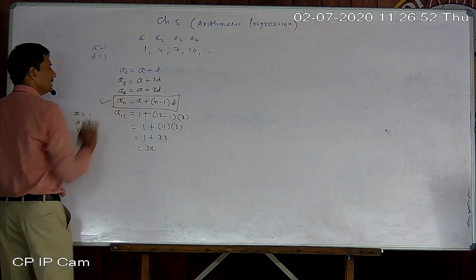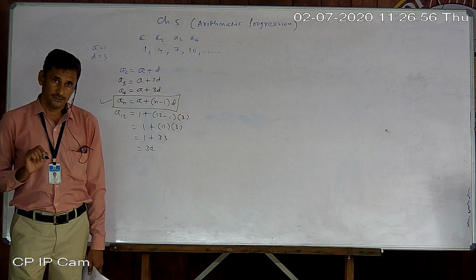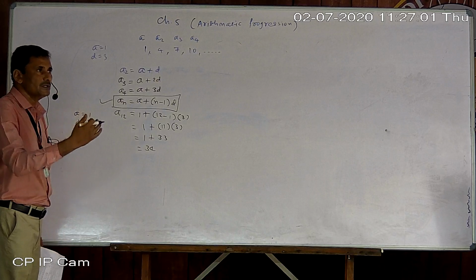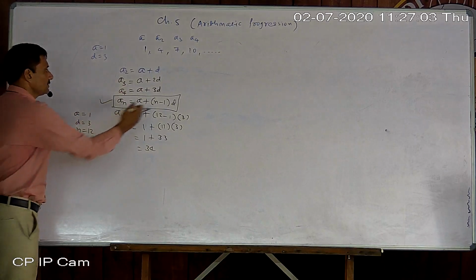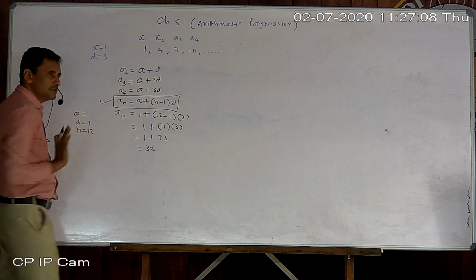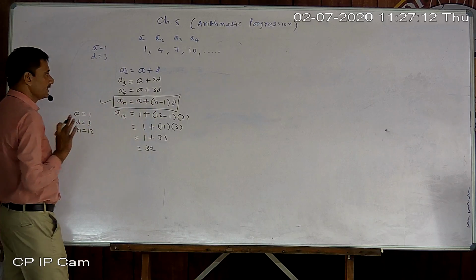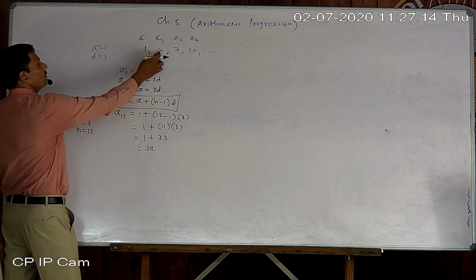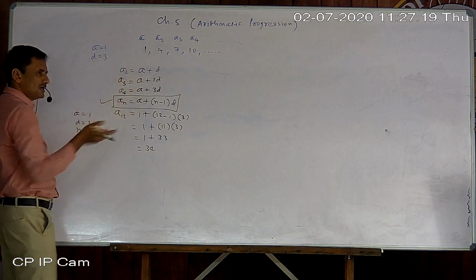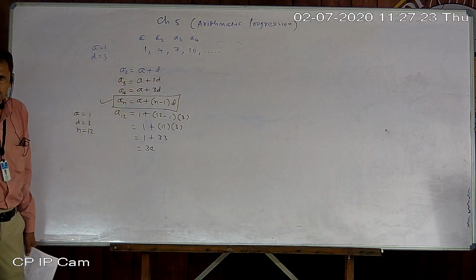Okay. So using this formula, you can find any number term. If I want to find the 2000th term, then also I can find it, just placing the value of that number, the value of n, at that place. a and d, you just look. If you just observe, you can say a is given and d also indirectly given. You just find the difference of first and second, meaning second minus first.